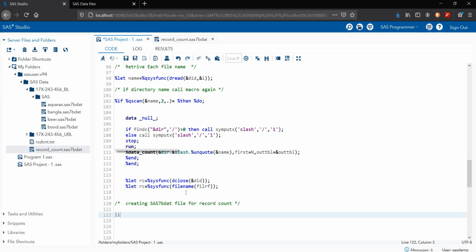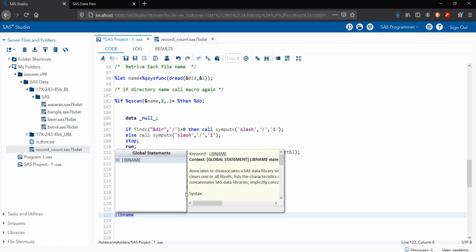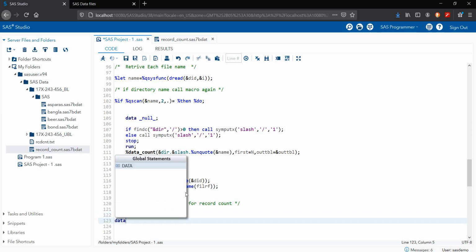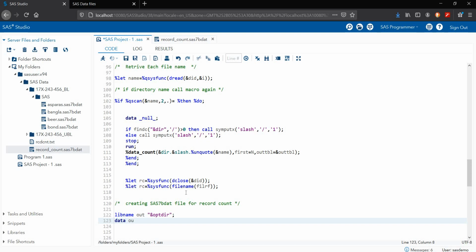So libname out, how we can call optdir is my directory path name. Then we are using the data out for the record count. That statement is used for creating a SAS7bdat file. Now my SAS7bdat file will be created.